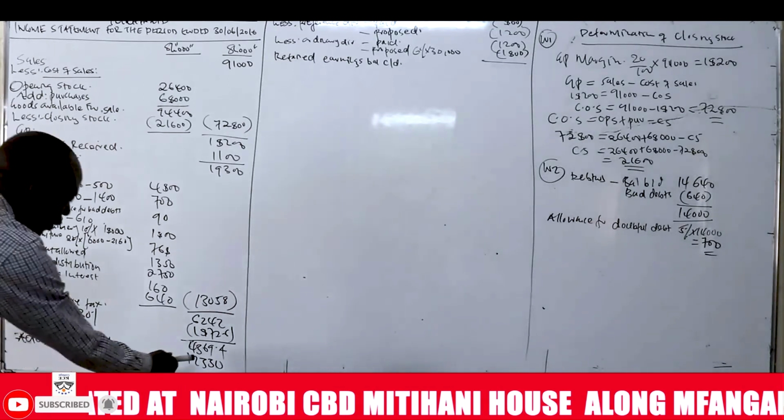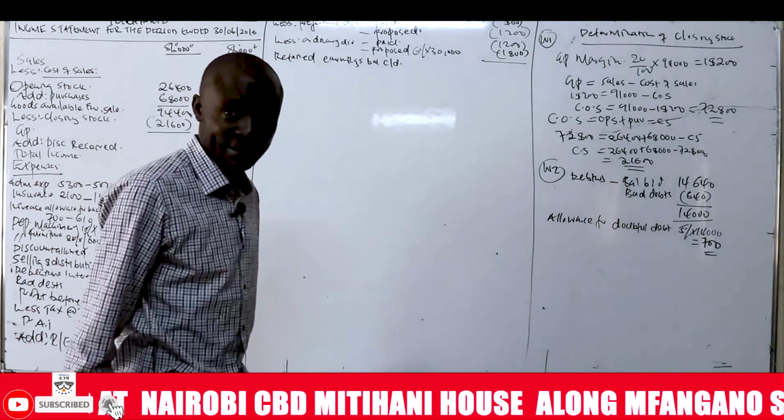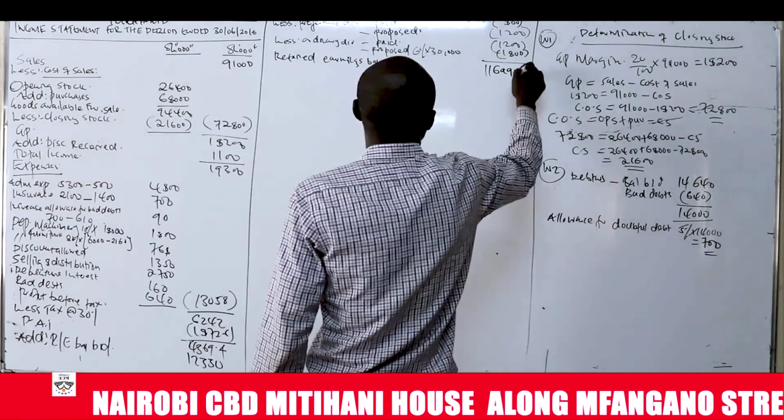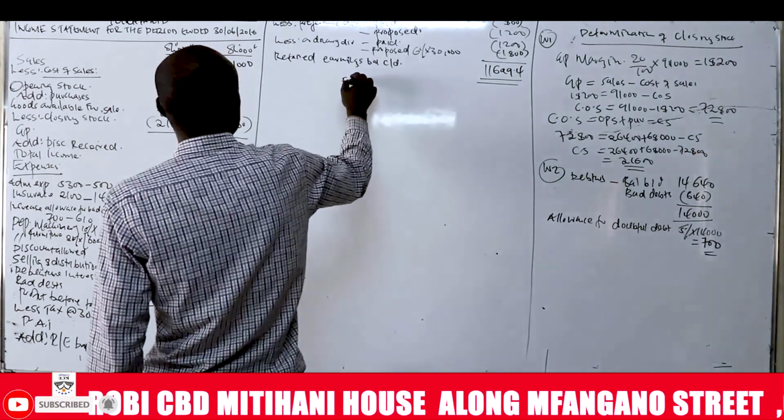So you're taking this figure, you add this, and then you subtract all those. What do you get? 11,699 point. Is she correct? So here we write for Raha